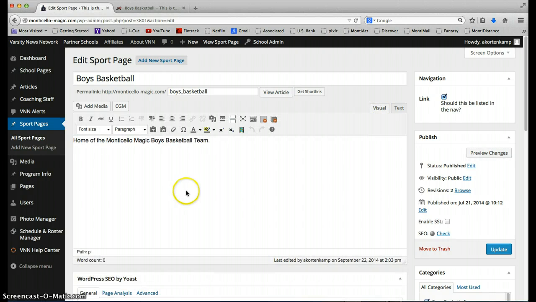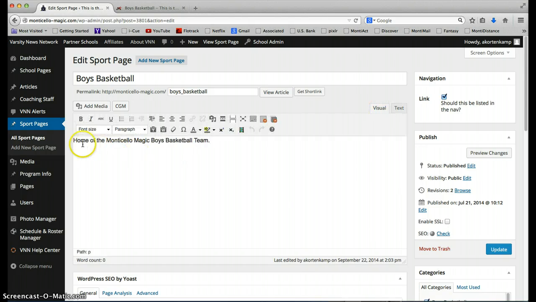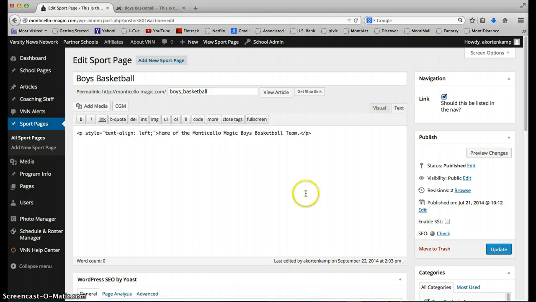I can also look at it this way. There's two different tabs. I can use Code here in this one under Text, or I can just have it like a word processor like Microsoft Word where I can add. If I wanted to center this, let's say I could do that, I would center it. If I wanted to center it on this tab, I'd have to use the code that comes with it. Okay. So I'm going to take that off,